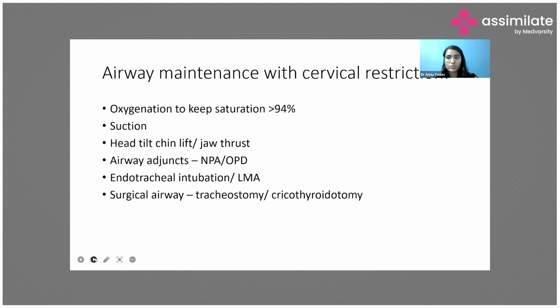Further on, if by doing all these maneuvers we are still not able to maintain the saturation at more than 94%, we can use the airway adjuncts as well, which are the NPA, that is the nasopharyngeal airway, and the OPA, that is the oropharyngeal airway. But there are some contraindications for them also. If there is any facial trauma, or we suspect nasal bone fractures or basal skull fractures,